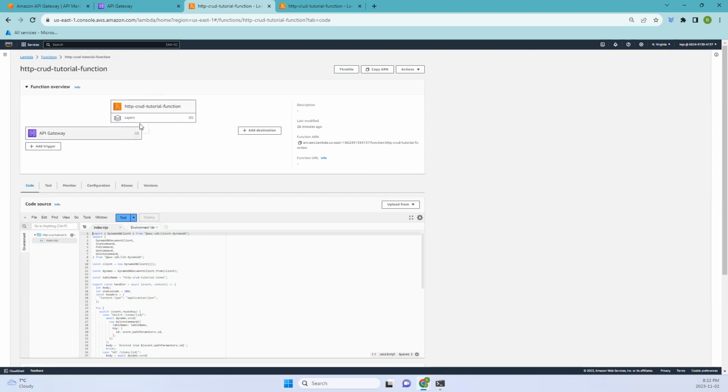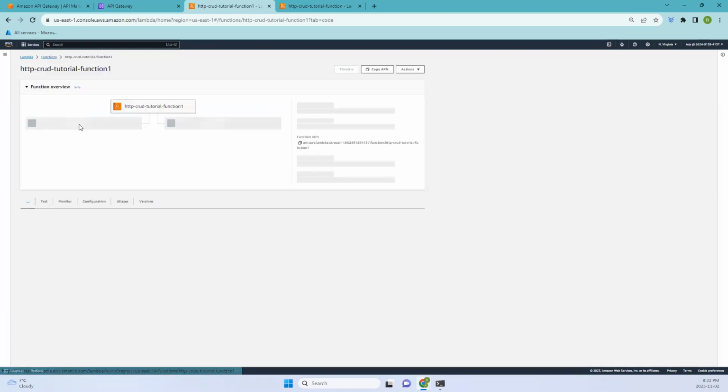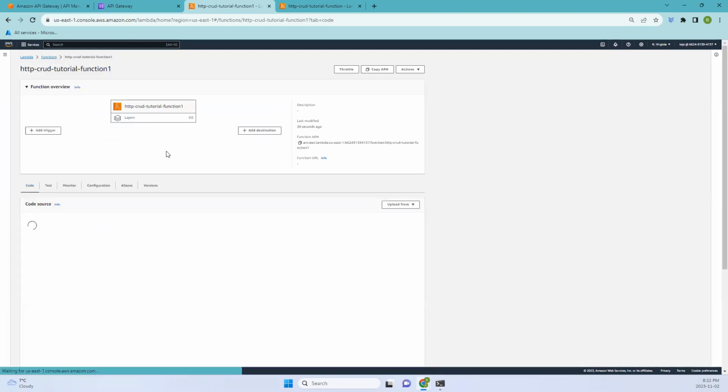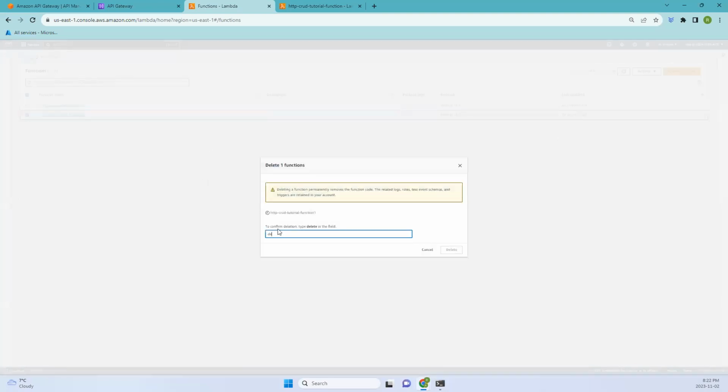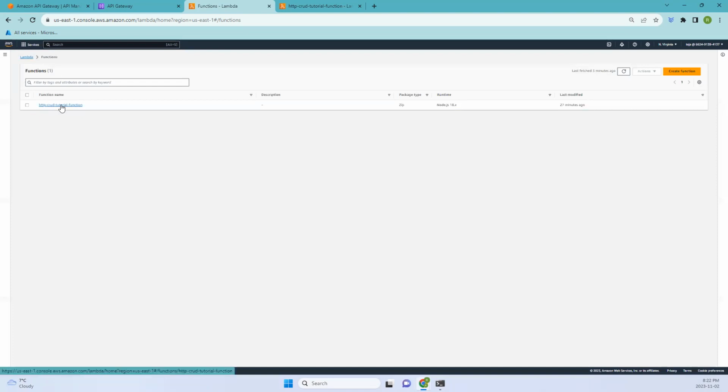So that if you see, we don't have this connection in this function 1. So let me delete this. However, we don't require this one, so I'll just delete that one. Once it is deleted, now let's click,